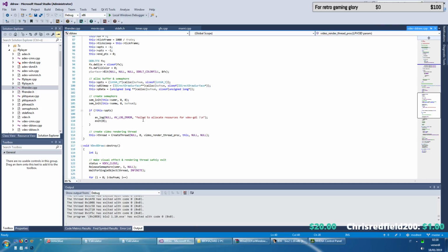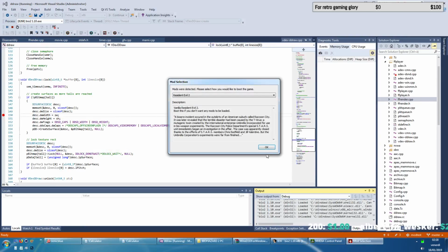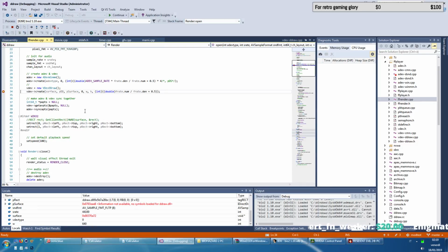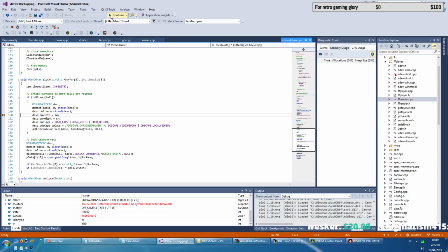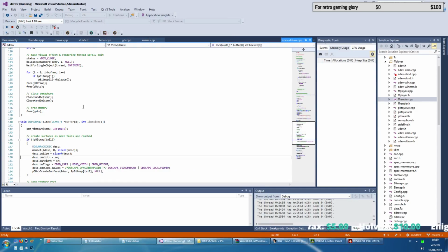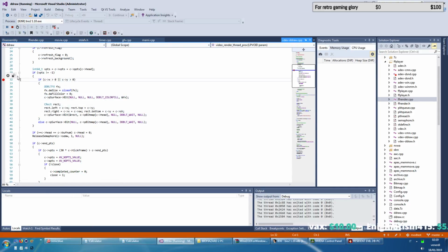So when I create the surfaces, what does it even send? Okay, 320 by 240, which is correct. So it keeps on sending these, I suppose. Though the thing here is